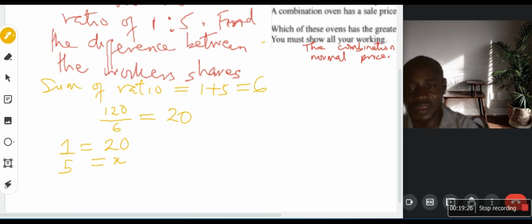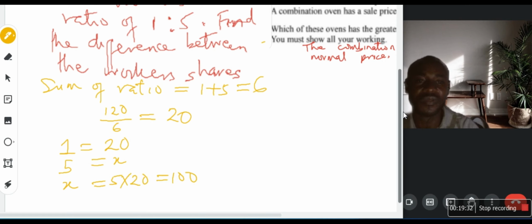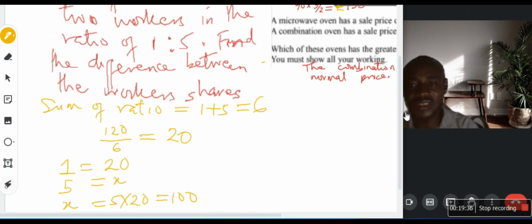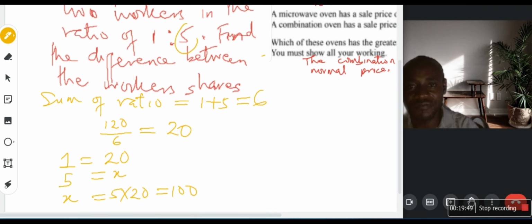So 1 times x is x, equal to 5 times 20, which is 100. So one person gets 20, because the 1 for 1 is 20. You could have also said 20 times 1, which is 20. And the 1 for 5